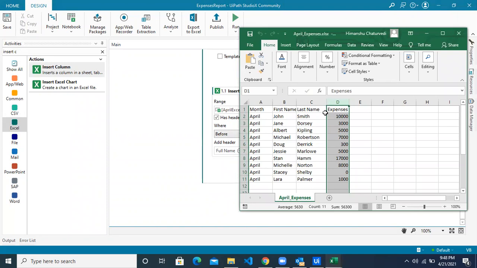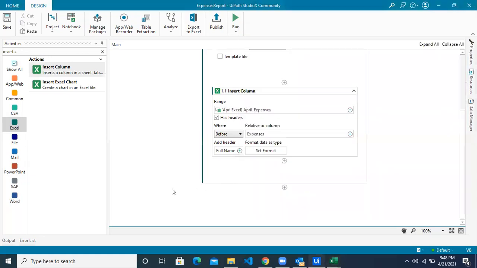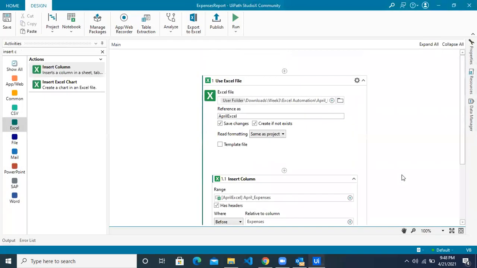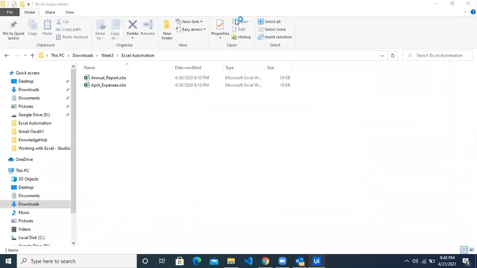Now, next thing we have to do is fill up this column called full name with the values by combining these first name and the last name column B and C. So for each of these rows, we have to do this activity, right? Before that, let's just close these files and run till now so that we have the column ready in an Excel file so that we can indicate it easily in the later automations.